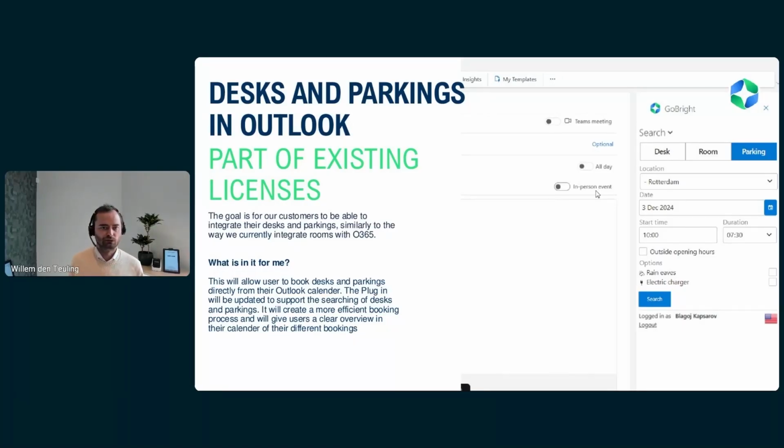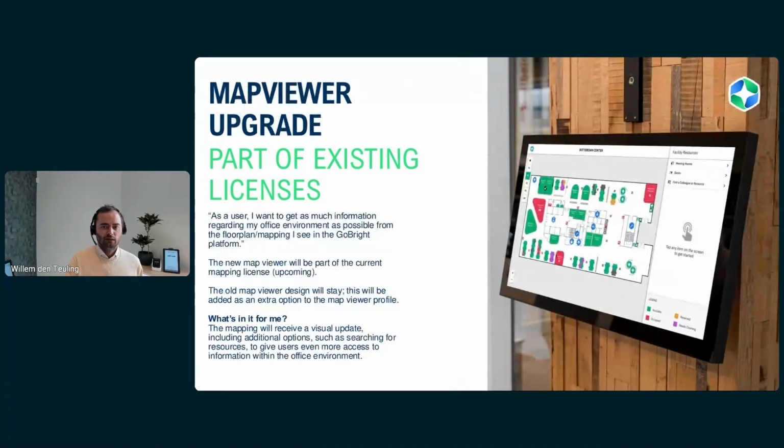And then the last one, which has been released, is the map viewer upgrade. So the map viewer is an extension to our mapping solution. The mapping is the solution where you can see the floor plans in the app, in the portal. But we also have the map viewer, which is an external device inside the office environment, which visualizes the